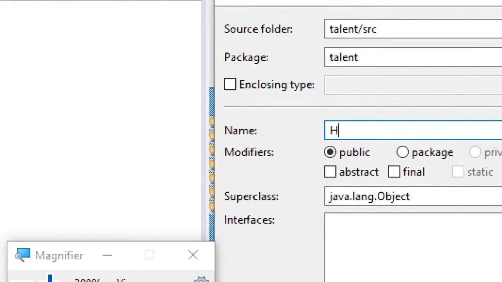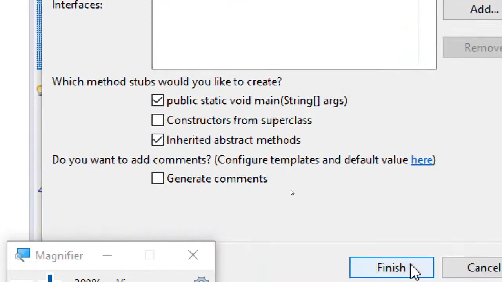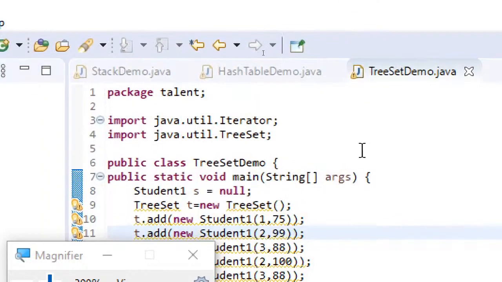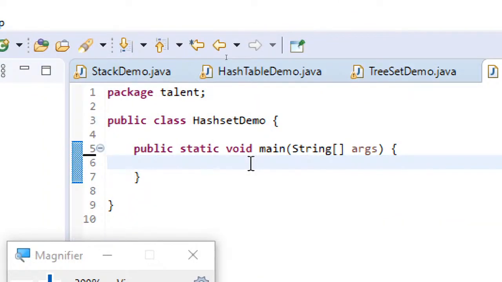Very quickly we will see one small demo with hash set. Again, I need not tell, hash set is another implementation of set interface.